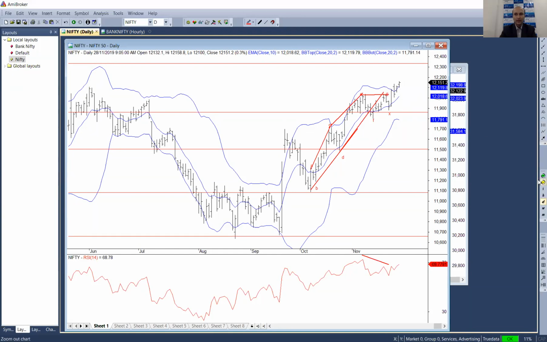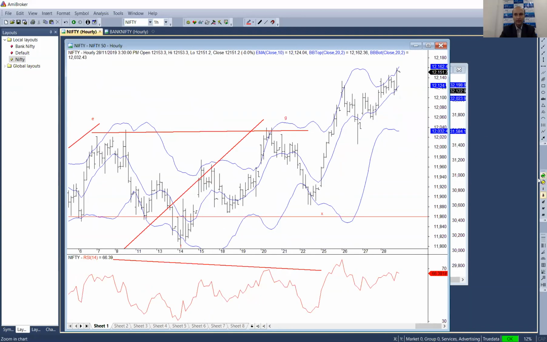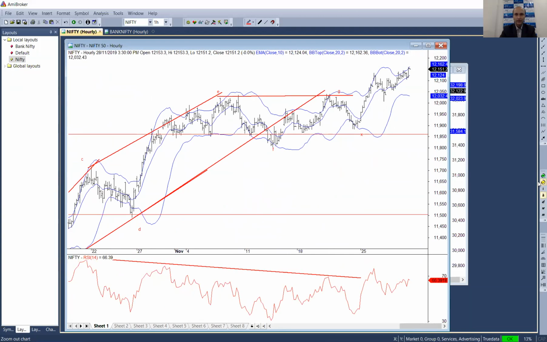From the wave theory perspective, if I look at an hourly chart, we have completed G, which was precise equality, G with A, E with C, and please refer to my earlier webinar for that. And now we have completed the X wave, which was just a very short move, and now it has started again on the upside. So this looks to me like an A wave again, which is starting, or probably we are subdividing within A and down as B and maybe C again.